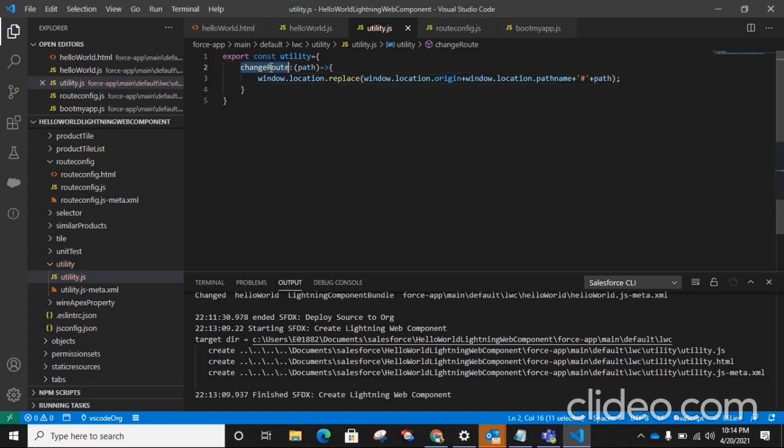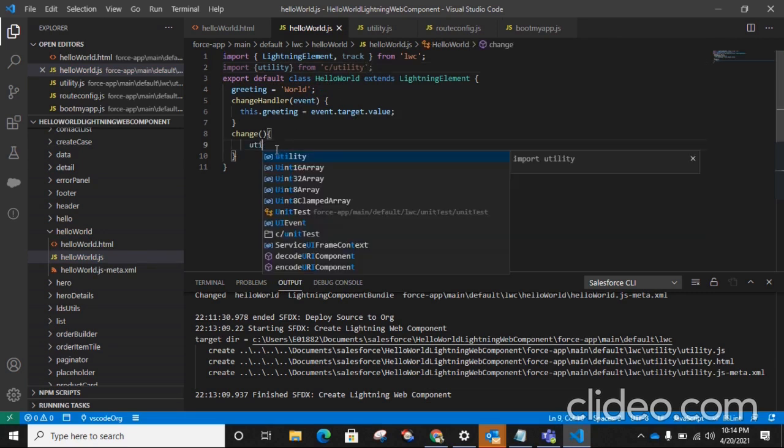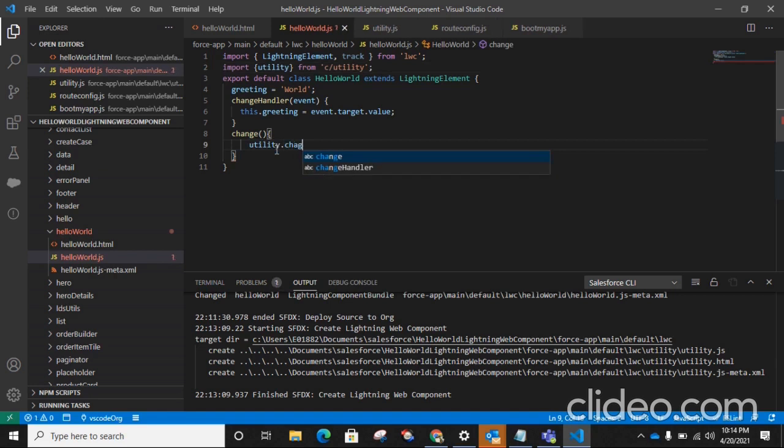So just import this utility in our hello world. Import utility from utility. Utility change route, with the name as path.